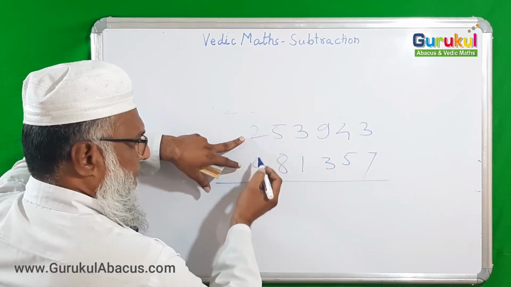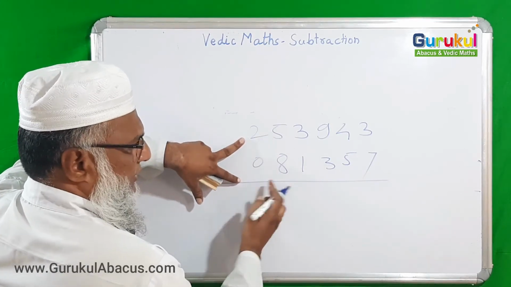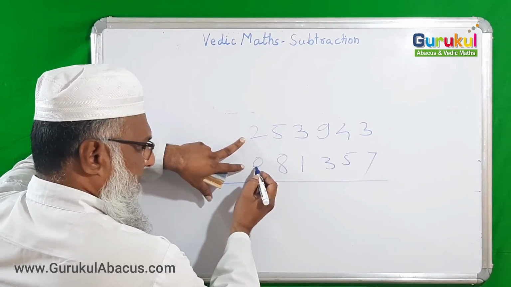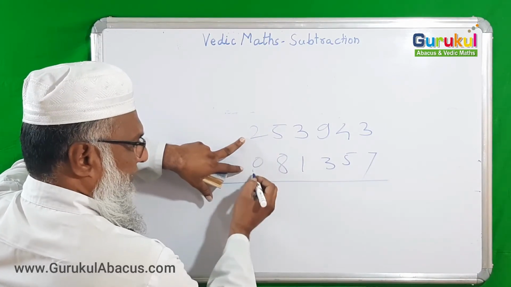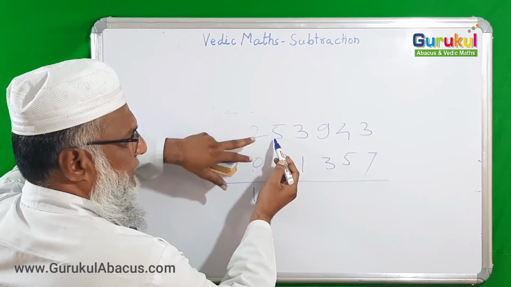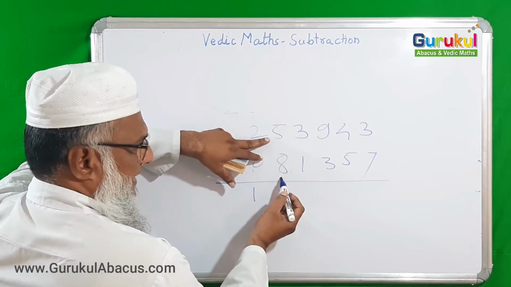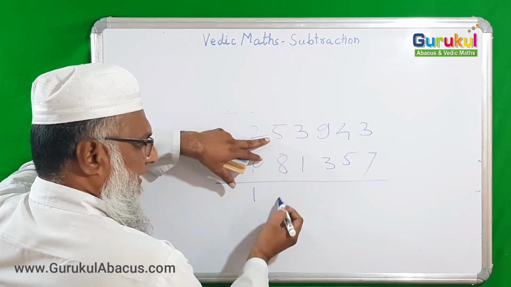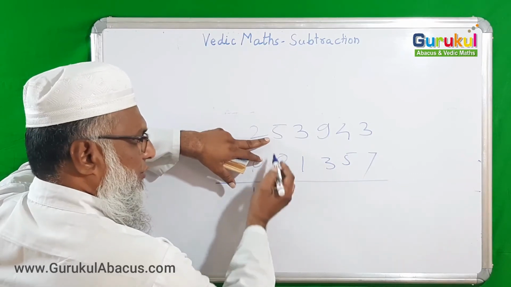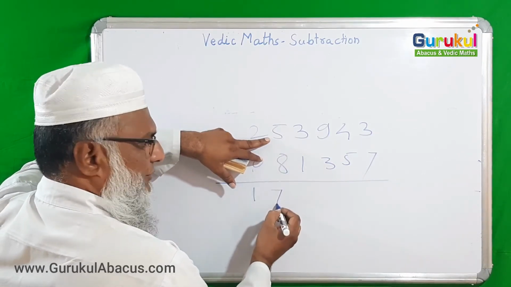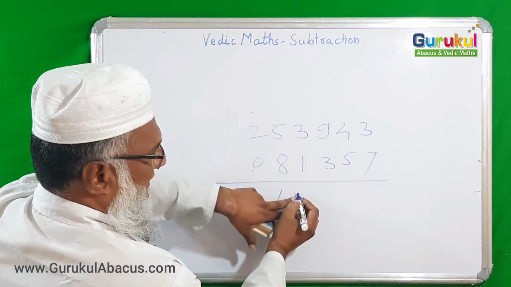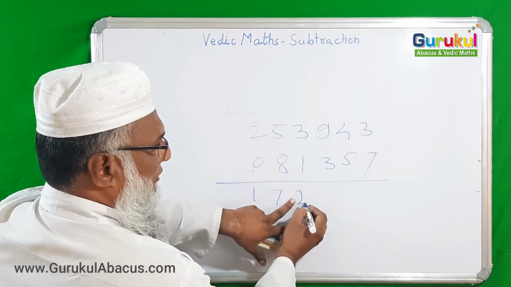Before subtraction means before doing 2 minus 0, I am just looking, can I subtract 8 from 5? No. So here apart from 0 I am subtracting 1 from this 2. 2 minus 1, 1 itself. Now it is not just only 5, this one is here, so it is becoming 15 minus 8. 15 minus 8, 7 I want to write, and I can write because I just seen this much. 3 minus 1 I can do. So here 15 minus 8, 7 I want to write here. Now 3 minus 1, 2 I want to write because I am directly writing only 2 because I seen this